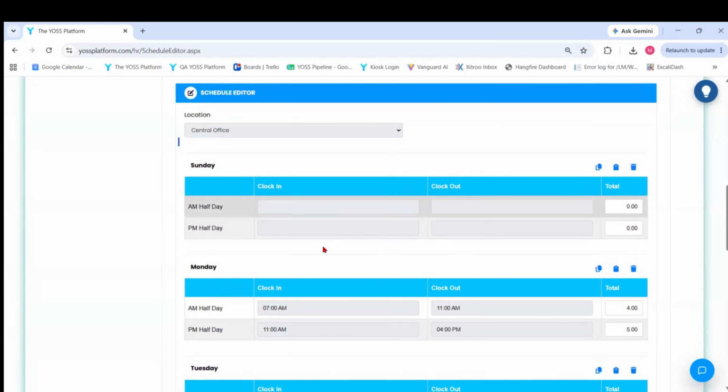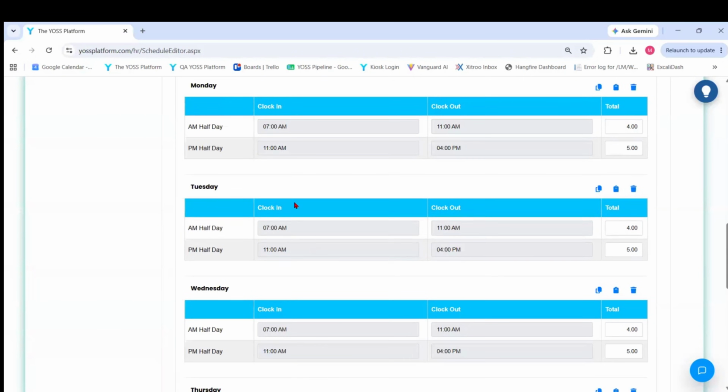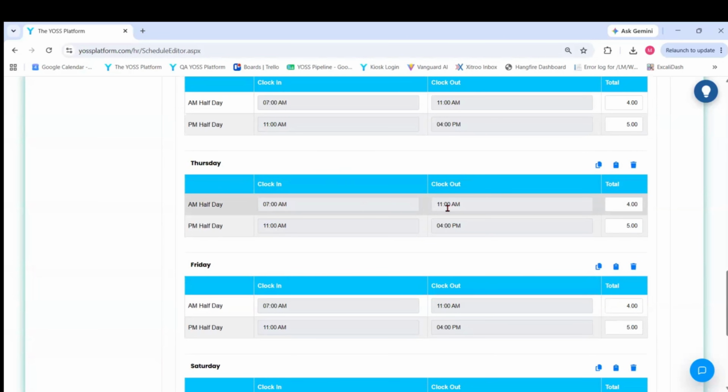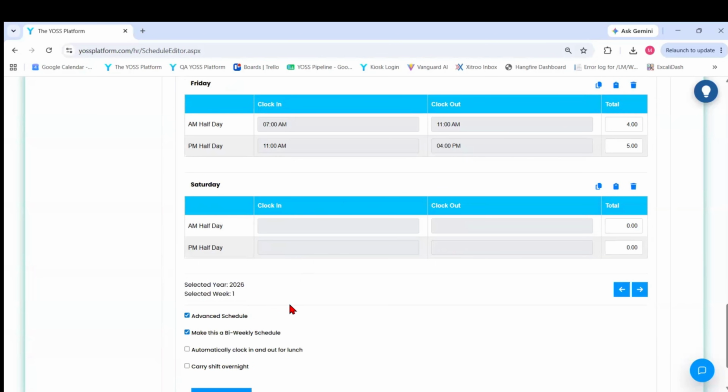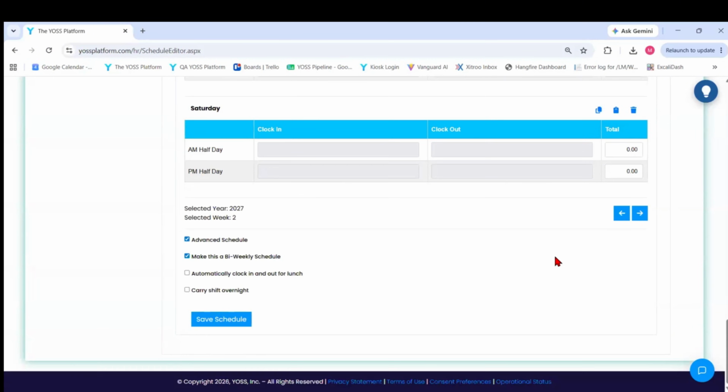So you can go in, this would be more useful if each day is different, then you can go in and change each individual day to what it needs to be. You can also make this a biweekly schedule. So when does the schedule need to repeat? You can schedule week 1, week 2, week 3, or week 1 and then week 2. So you set a second schedule for the second week, and then once it hits the third week, it'll follow the week one